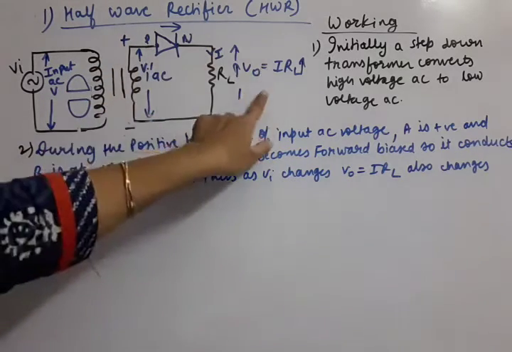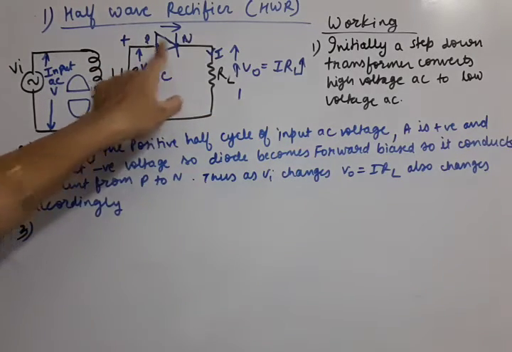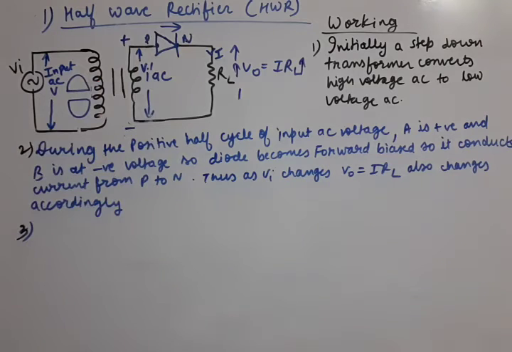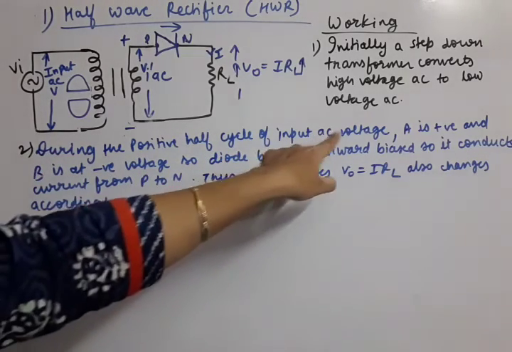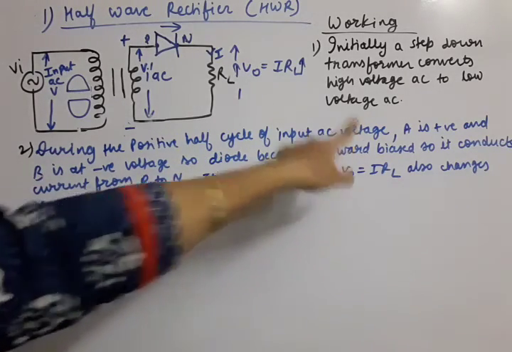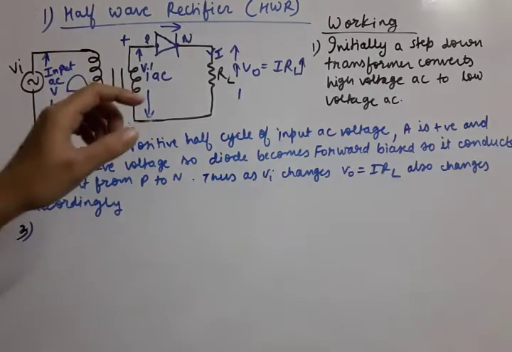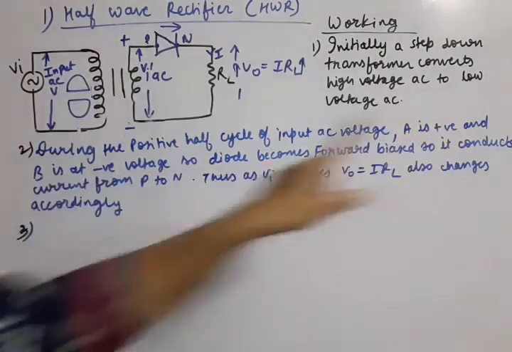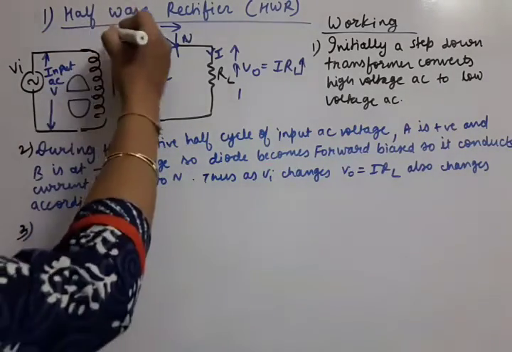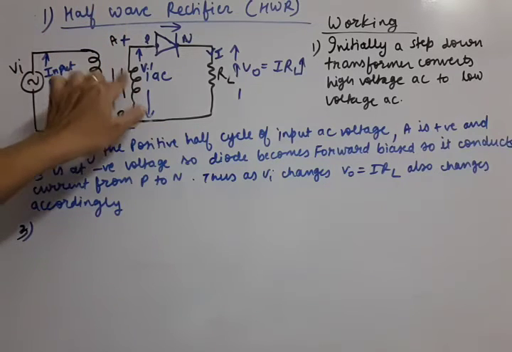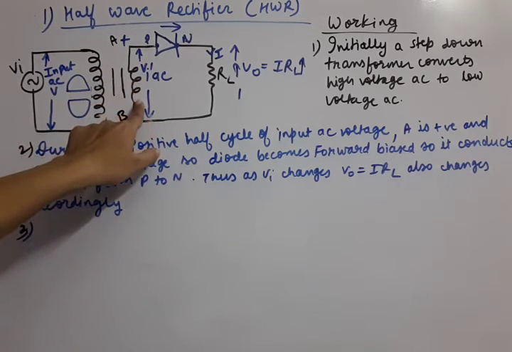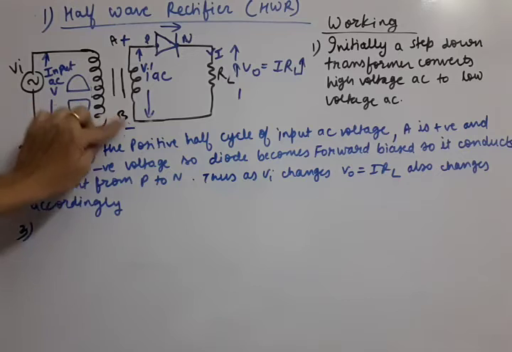Now the AC to DC conversion the diode will do. So what are those steps? Let us understand. First of all, as we have applied the positive half cycle, we will write about that. During the positive half cycle of input AC voltage, now we should mention the names here. Let us name this our A and this our B point of the secondary coil of the transformer. So A is positive, B is negative.